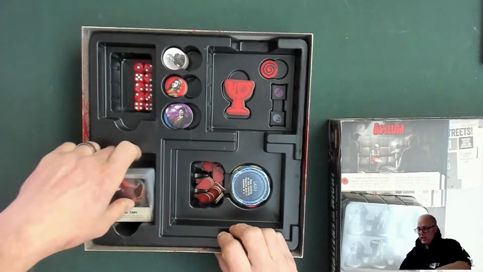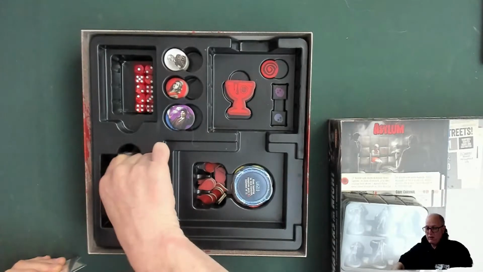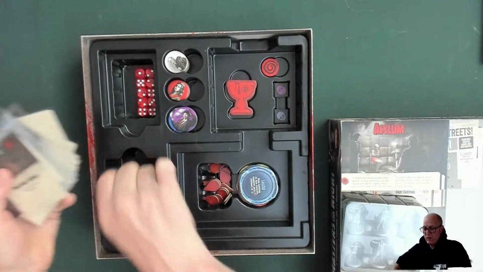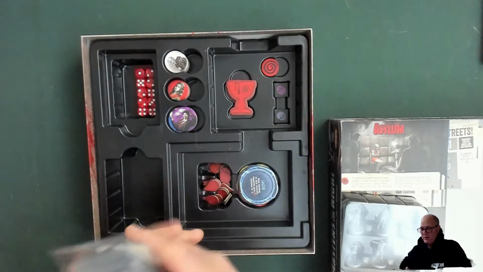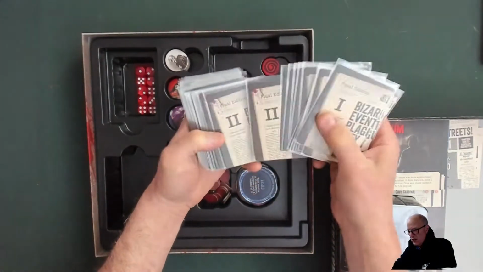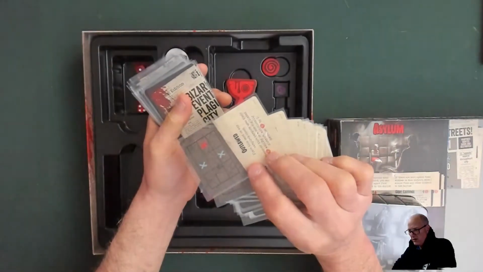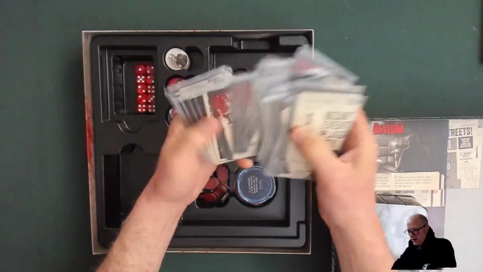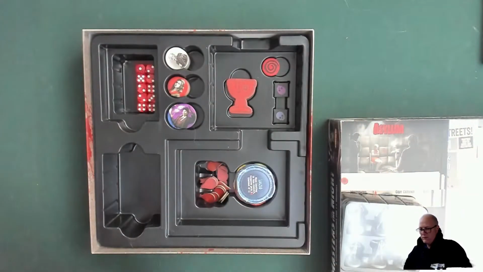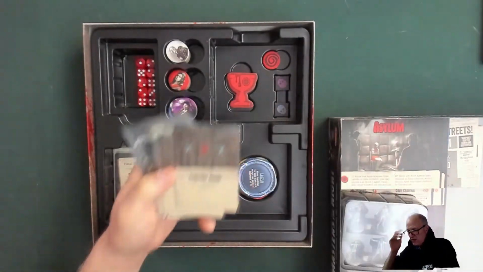Here are the sleeved cards with no issues whatsoever other than taking them out of the box. And these are the various cards that you will use in the game. If I could get them all out one by one. There we are. And they are numbered, as you can see, 1s, 2s, and 3s. So they will get harder and harder, as you know, until you actually go through them. And then there are relics. Depending on the level of your vampire, you will get to select 1 or 2 relics, such as the